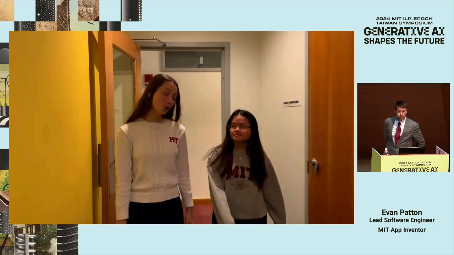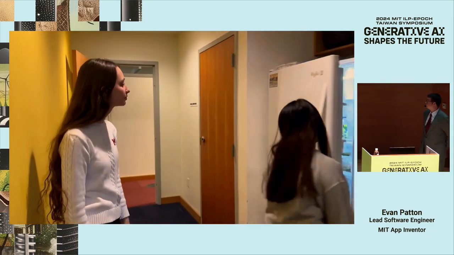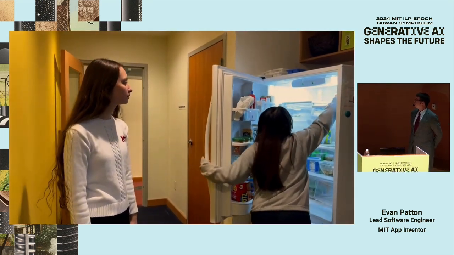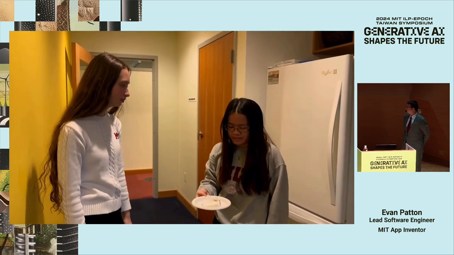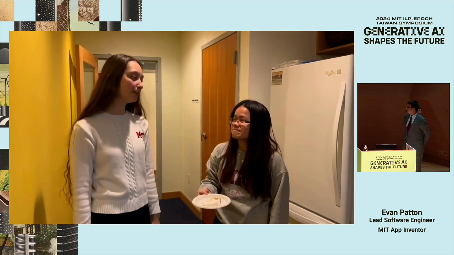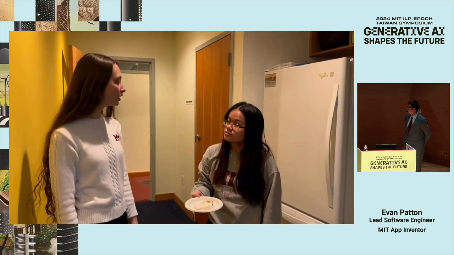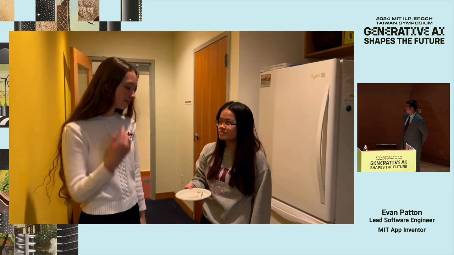I am so ready for lunch right now. Oh, me too. I'm starving. Let's see what we have in here. Ugh, look at this moldy cheese. We need a better way to manage our fridge so we don't waste food like this again. Yeah, that's gross. We should make an app to help us out. We can make an app just by describing it in plain language to a computer. Really? Can you show me how? Of course, but first, get rid of that.